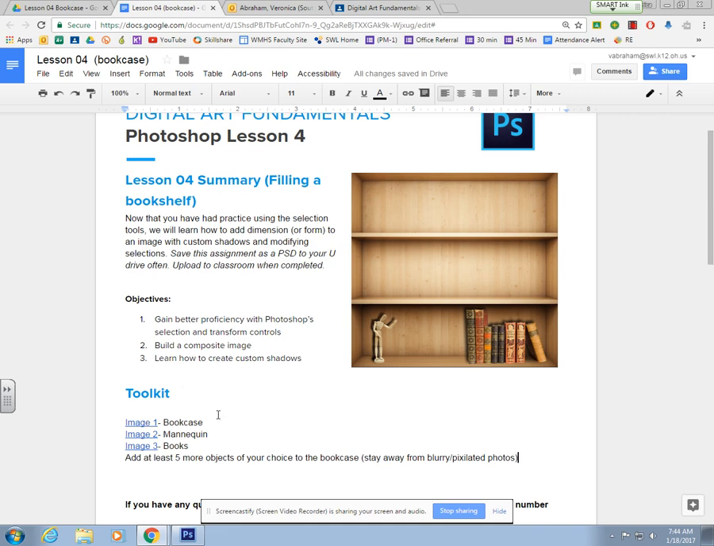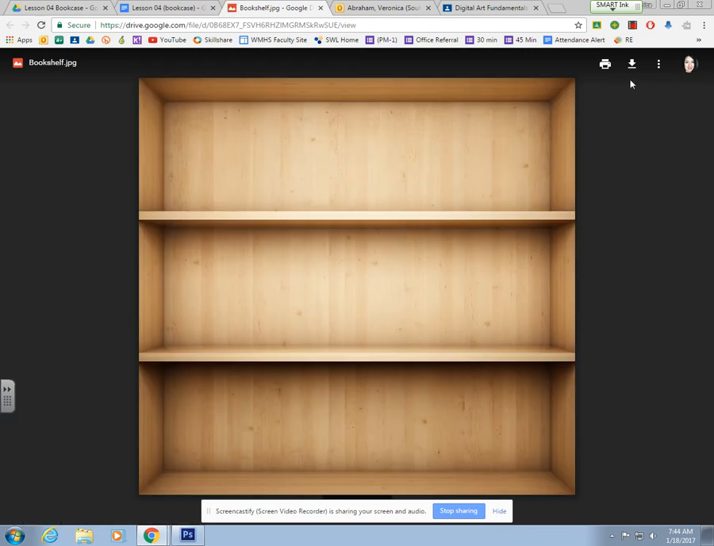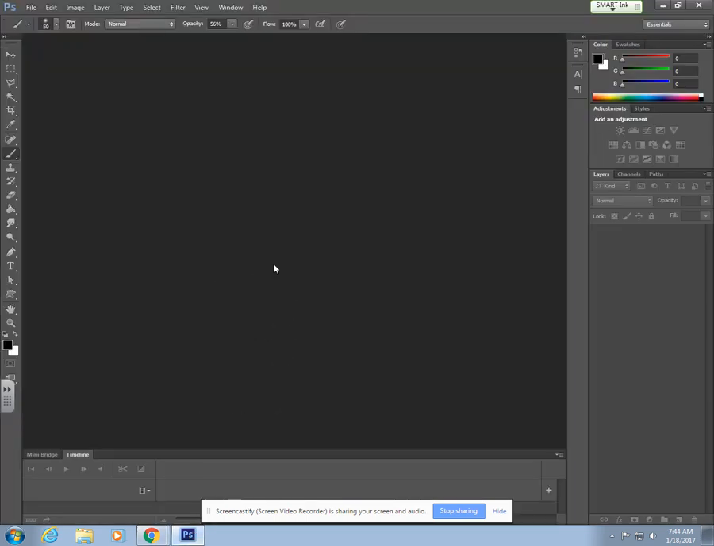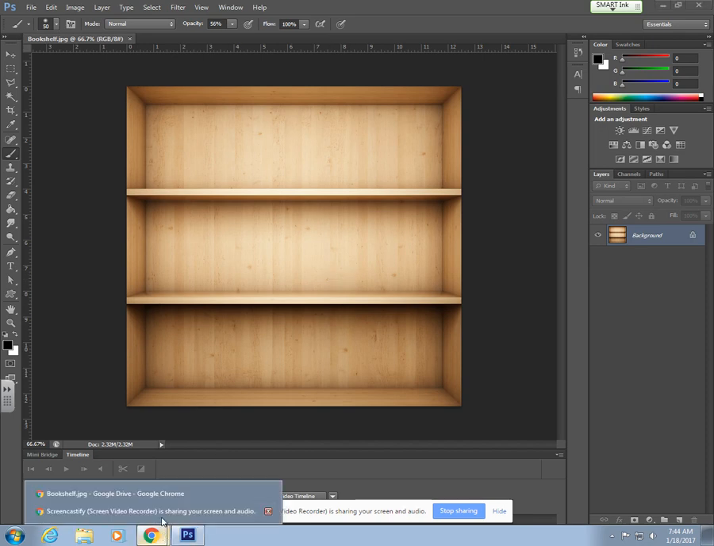For this assignment, you're going to learn to add a little bit more realism to your Photoshop projects. So here we're going to start by downloading a picture of a bookcase. And the goal here is to fill up this bookcase with different objects. You're required to use the first two objects that I give to you, and then the rest is up to you. So you want to drag and drop this bookcase image into Photoshop, and then proceed to download